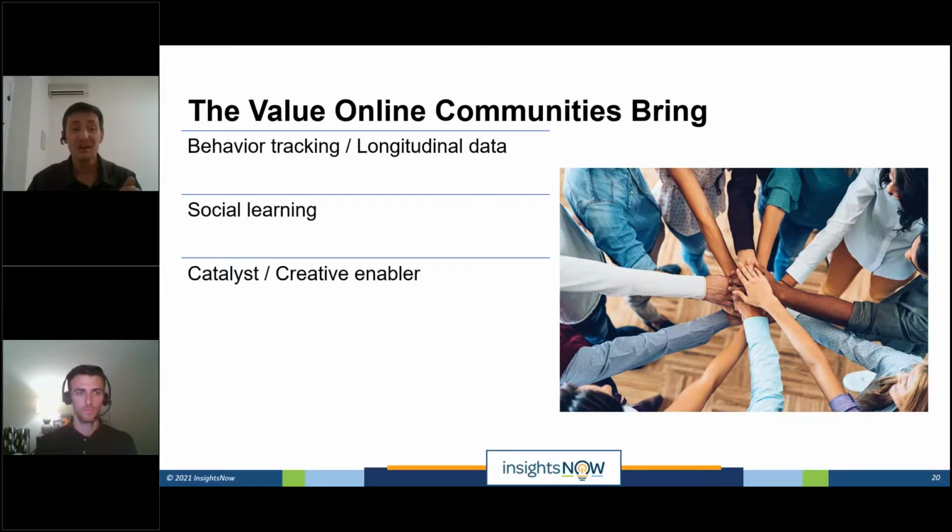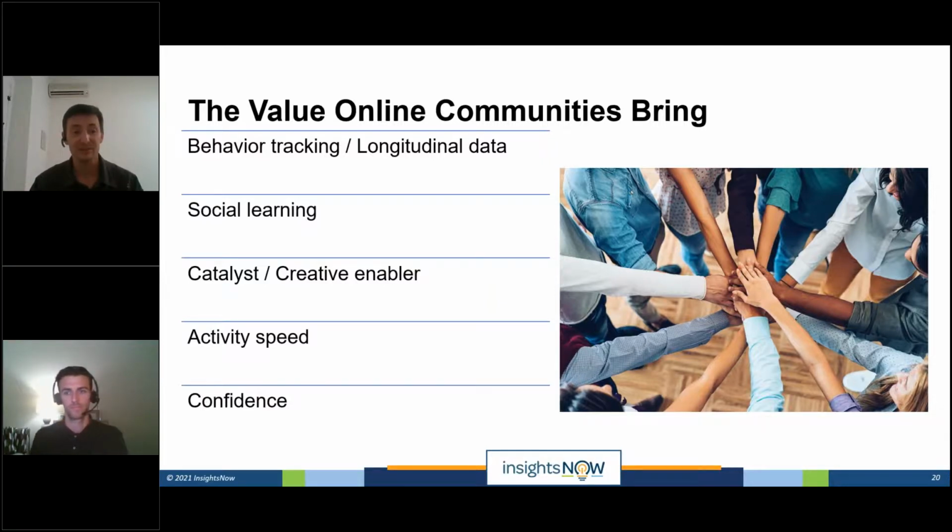So you get this social learning, and that drives you to be a creative enabler, essentially, within this. So you can use your community to drive that agile creative process forward. You can really quickly answer questions. You can engage with people. If you work specifically with a high touch community where it's your group of people and you're working with them all the time, you get to know them pretty quickly, and it allows for nice cross-functional, consumer-centric ideation and decision making,